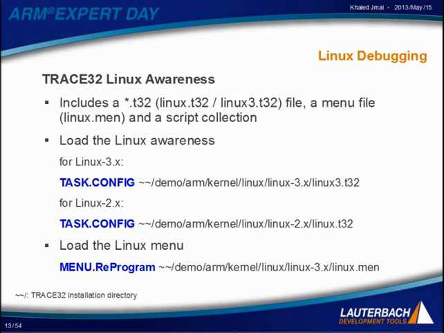This way, it will be easier to make changes to the awareness and not always to update the whole software. You will find this awareness under your TRACE32 installation or on the DVD under